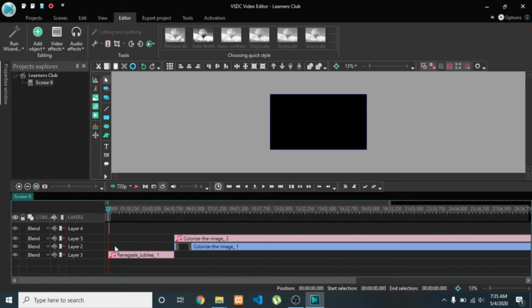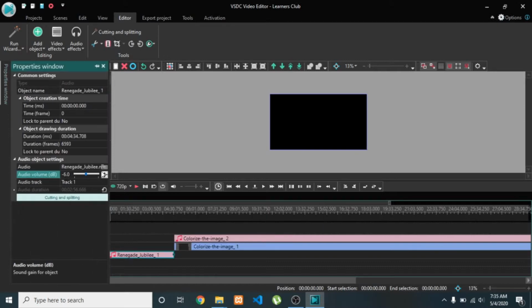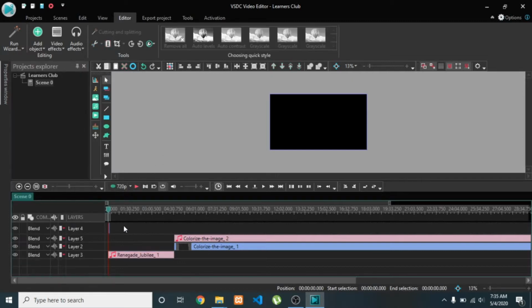And suppose if you are done with this, for the faster preview, you can click on the eye icon, as you can see here, this 720 pixels.